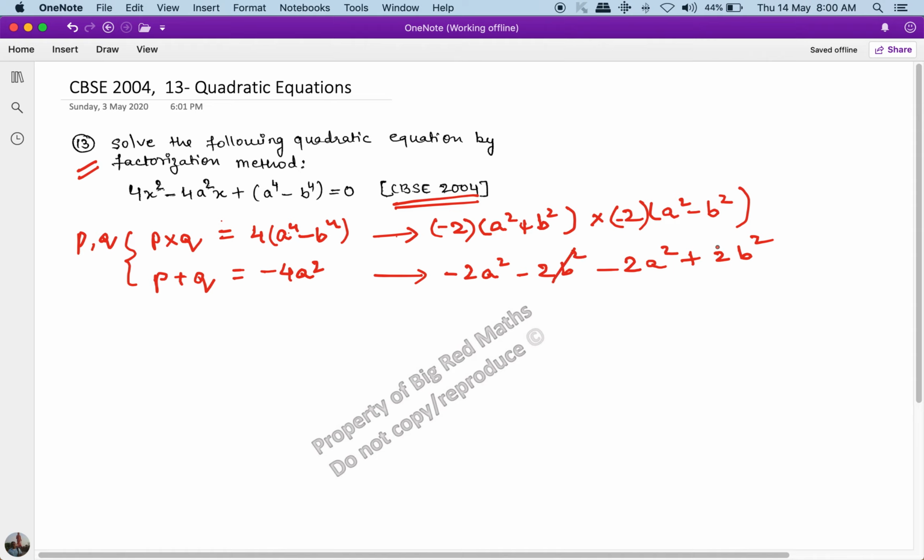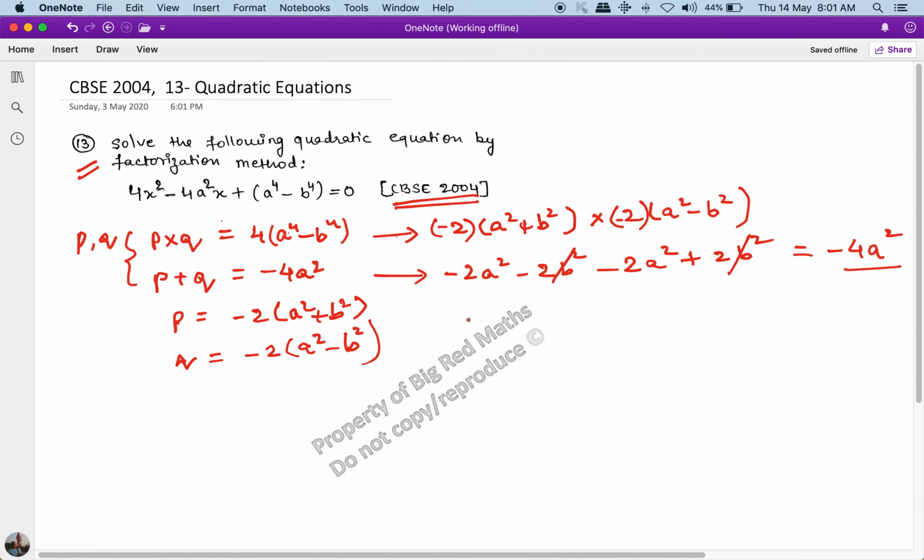What happens is 2B square and 2B square get cancelled, and what I get is minus of 4A square. This is exactly what I wanted. So my P is equal to minus of 2 times A square plus B square, and my Q is minus of 2 times A square minus B square. And I'll write minus of 4A square x as P of x plus Q of x,